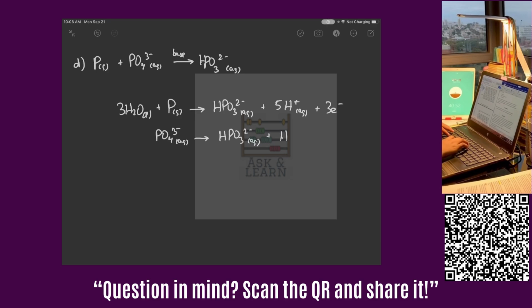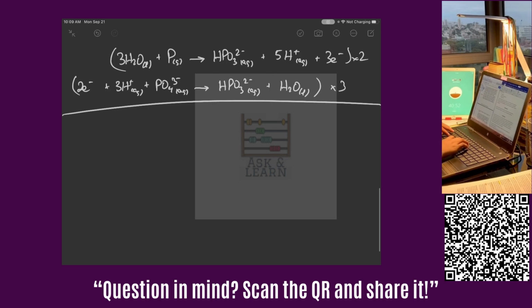Phosphorus is balanced on each side. I need an H2O on the right to balance the oxygen. That will leave me with 3 hydrogen on the right, so 3H plus on the left. Let's balance the charge here. We're neutral, -2, so add 2 electrons on the left-hand side, times 3 times 2. So